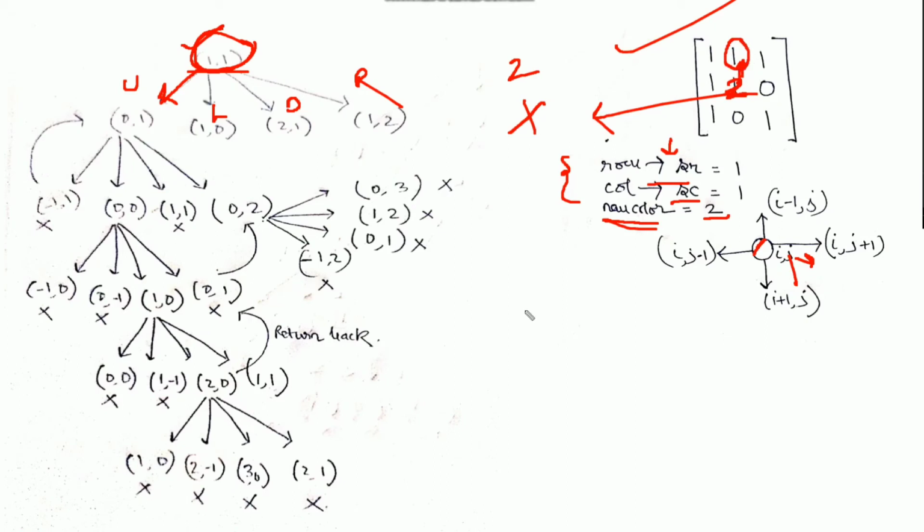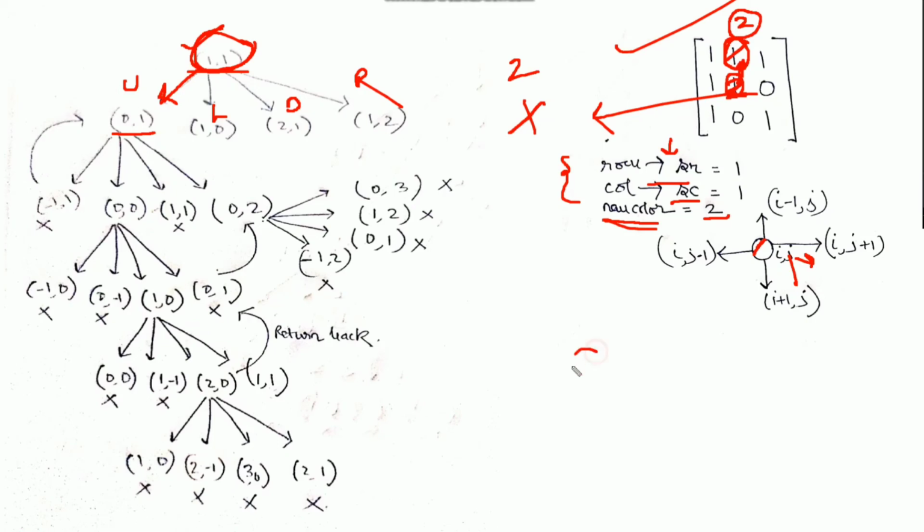So the moment we encounter any pixel value connected to our starting location, or connected to the current location from where we are traversing, we will change its value from 1 to 2 and start traversing from that location in 4 different directions. So initially the position was 1 comma 1, we went in the upward direction, that is 0 comma 1, and in 0 comma 1 the pixel value is 1. It means that I will change this pixel value from 1 to 2 and start traversing in 4 different directions from that location. So this is basically a DFS approach.